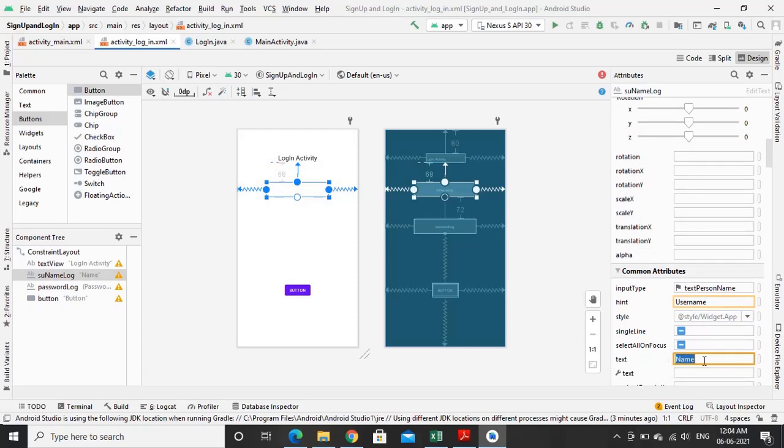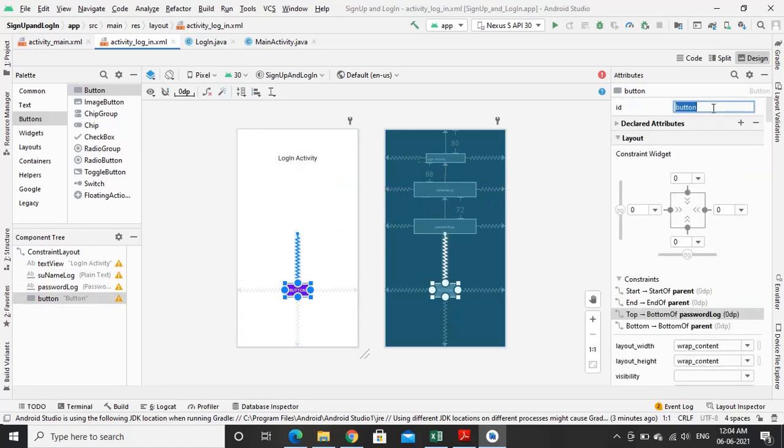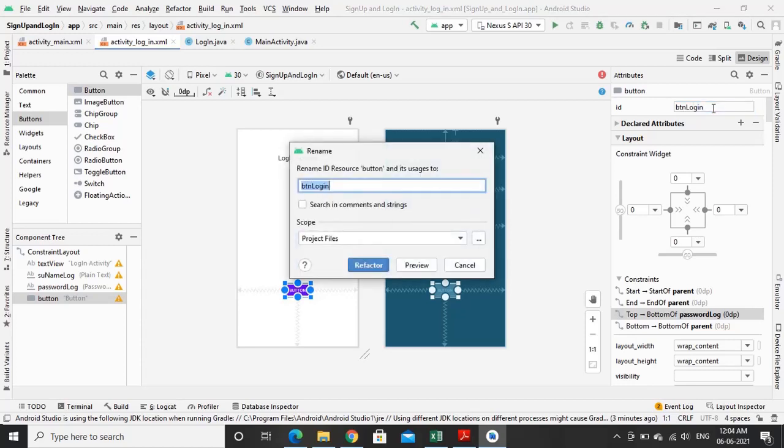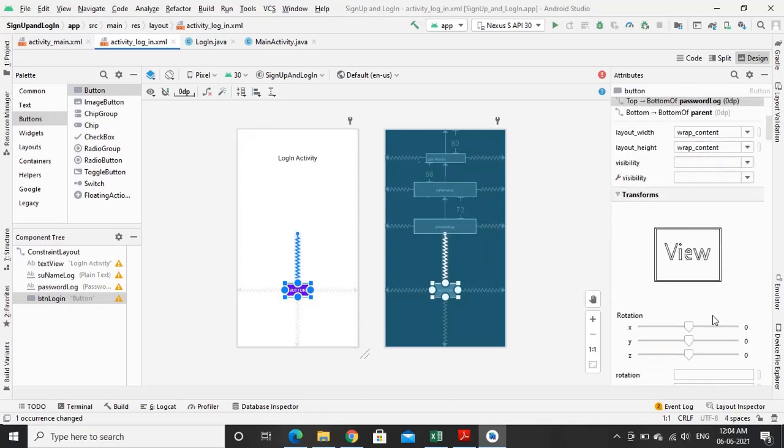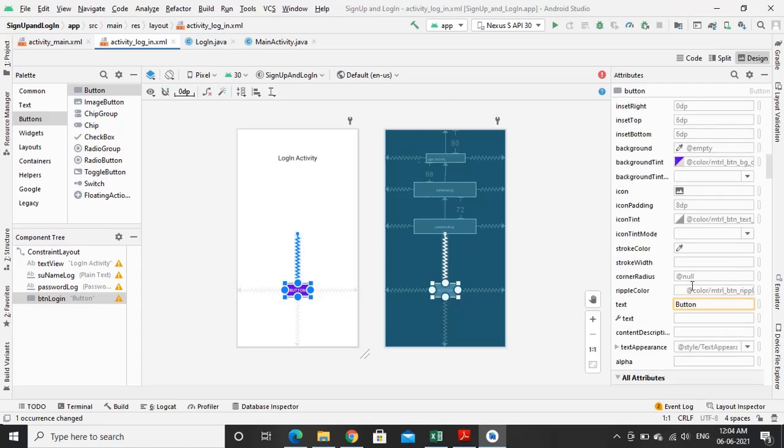Remove the default text and also give the ID for the button, btn login, and also change the text. So we completed the design for login activity.